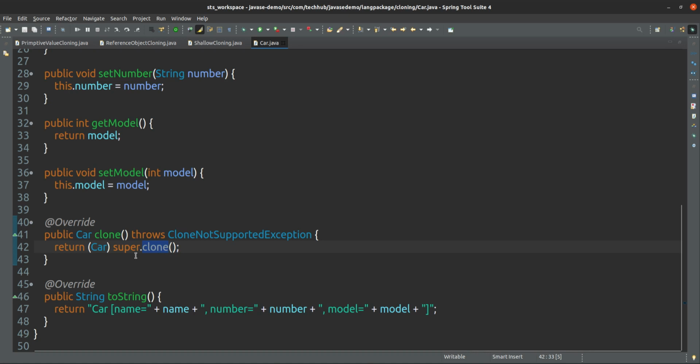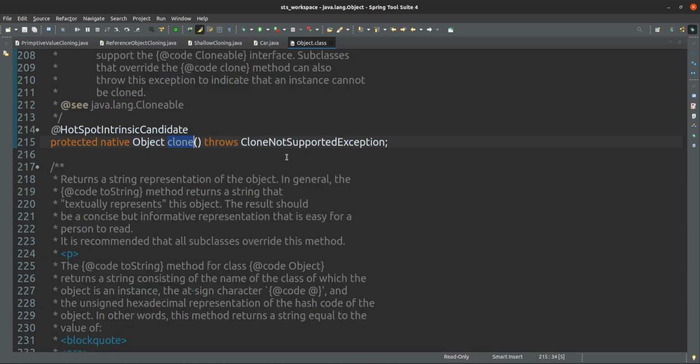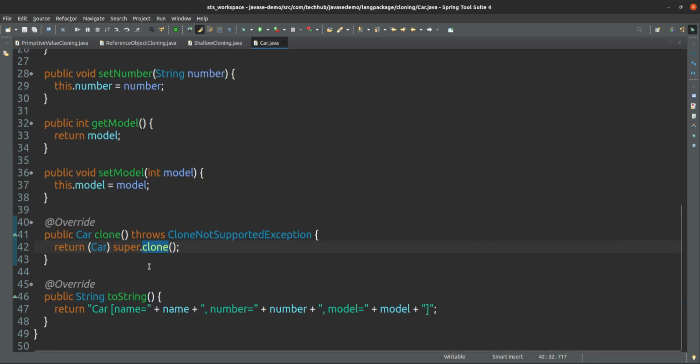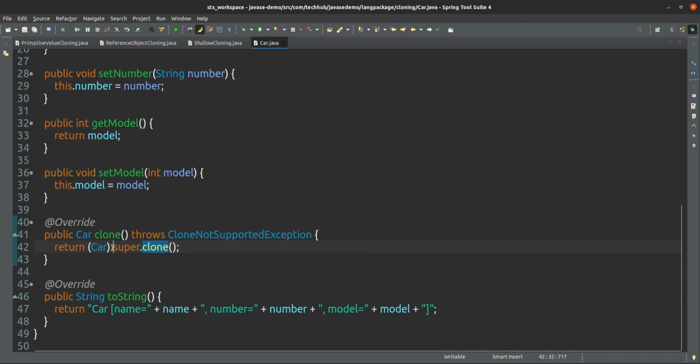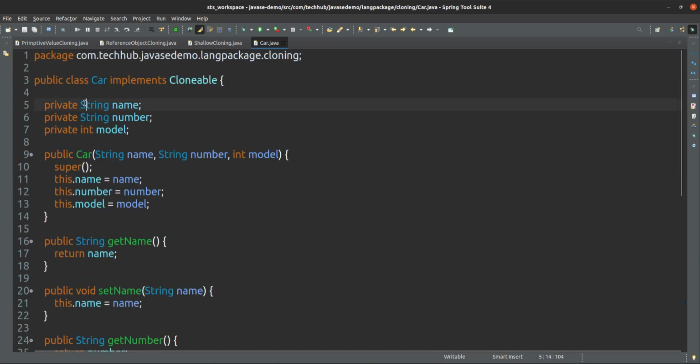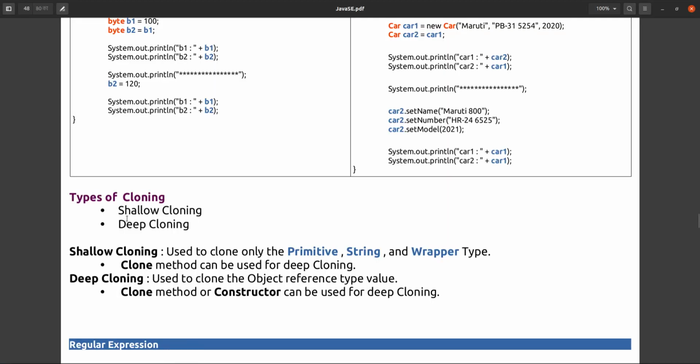What exactly will it call? The super method is this clone method, and this clone is coming from the Object class. So by default it will clone only the string, primitive or wrapper types.